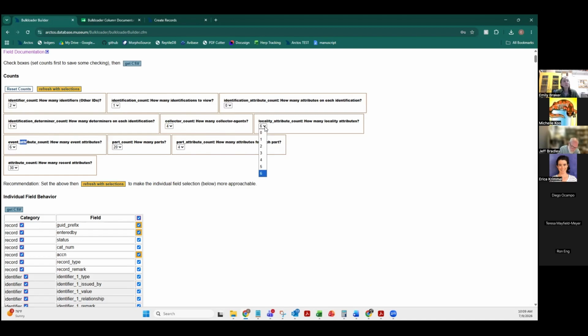Locality attributes, I don't recall. I'm going to put 1 for now. I can always manipulate this once I download the CSV. Event attributes, I remember there was a timestamp for the hour collected. Parts, I know I'm prepping these as a whole organism and at least 1 tissue, so I'll do 2 parts